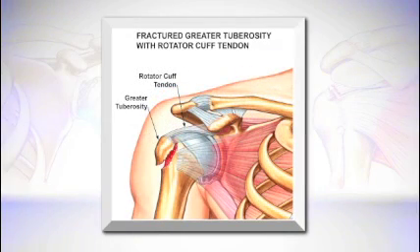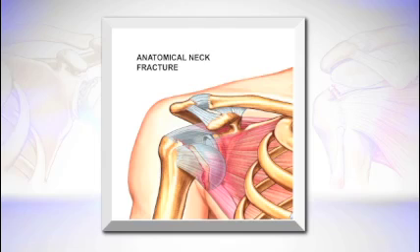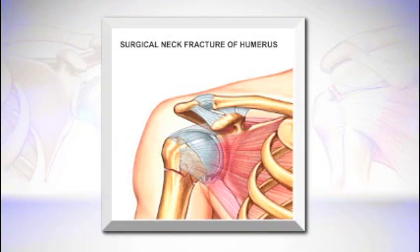Here you see a fracture of an area called the greater tuberosity, and notice that the rotator cuff is attached to this piece of bone. Next, we see a fracture related to the ball itself and see that the ball has moved inferior. And finally, we see a fracture to the connection of the ball to the shaft, something called a surgical neck